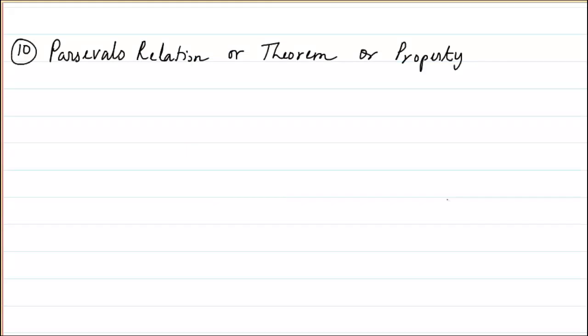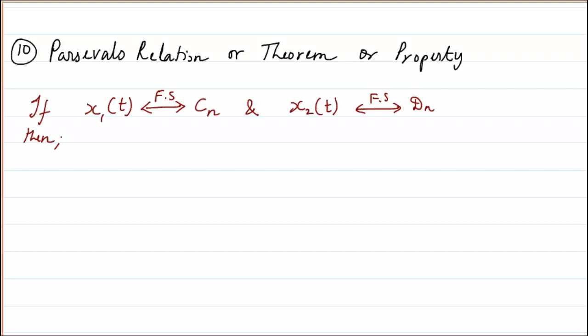Next we will look into Parseval's relation or Parseval's theorem or Parseval's property. So basically Parseval's relation and Parseval's identity or Parseval's theorem are two different things. We will write one by one. It means one and the same thing, but two functions are there. Let us write it. If x1 of t gives me a Fourier series of Cn, and if x2 of t gives me a Fourier series of dn, then Parseval's relation is that the